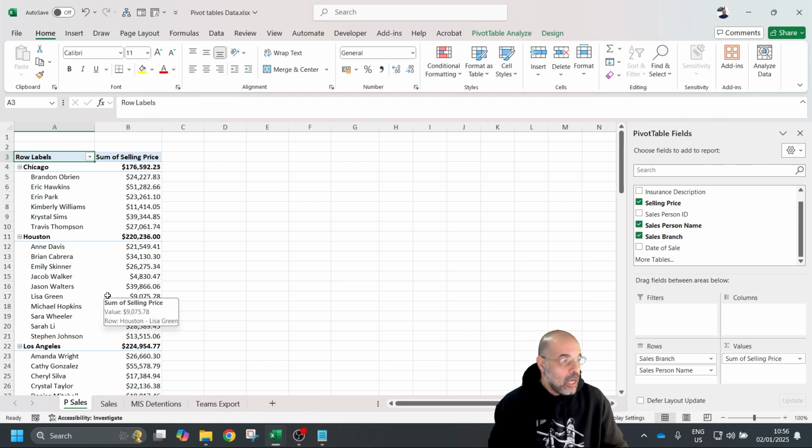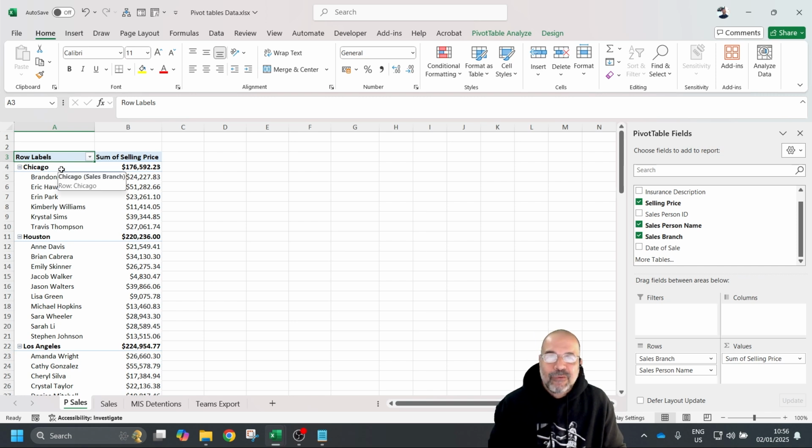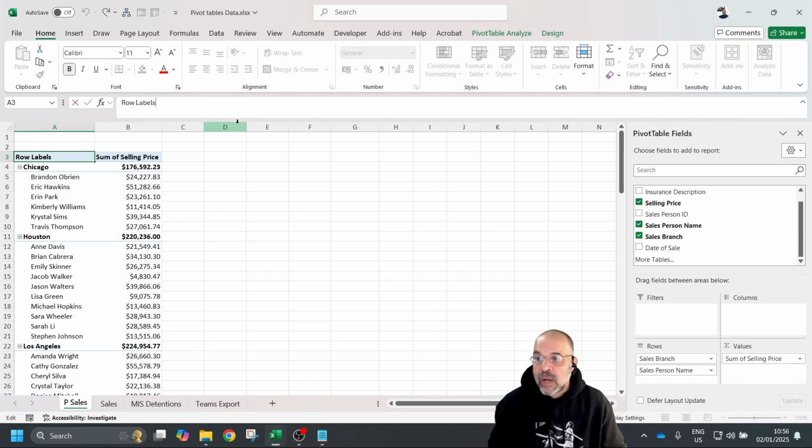Okay. All right. The next thing that I want to do is I want to put some filtering in here. Actually, before I do that, here's my next pro tip for you. You can see here it says row labels. This is really, really annoying. So if you've worked with pivot tables before, you know how annoying this is. I can change that, for example, and change that to sales branch